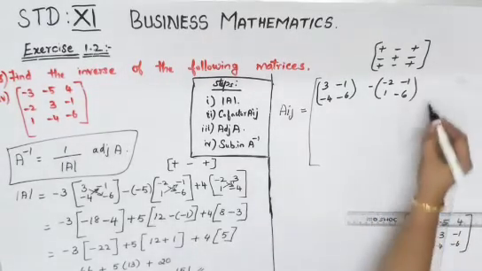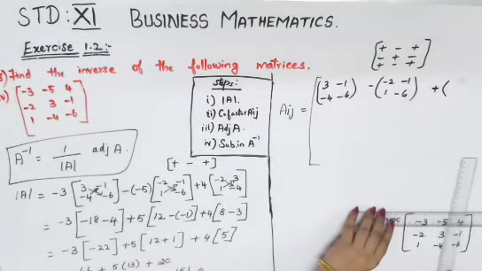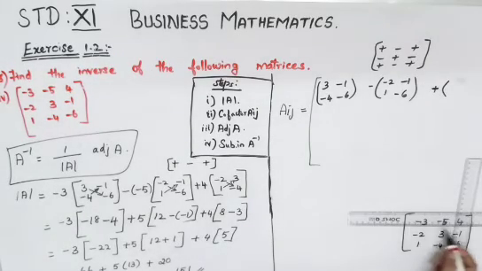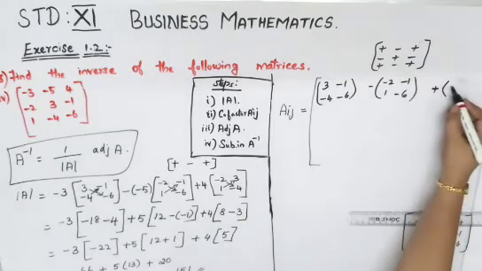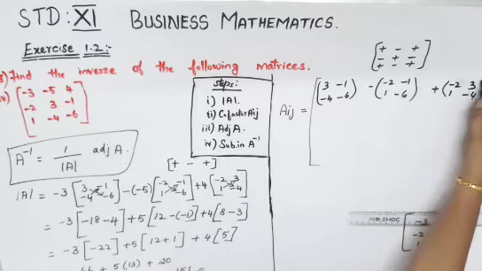So third one is plus, again open your bracket. So for 4 you will have to find the cofactor, minor. So for 4 means the regarding row and column has to be eliminated. So left out is minus 2, 3, 1, minus 4. So minus 2, 3, 1, minus 4.